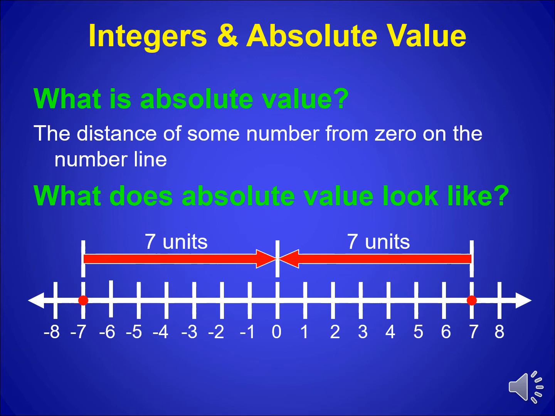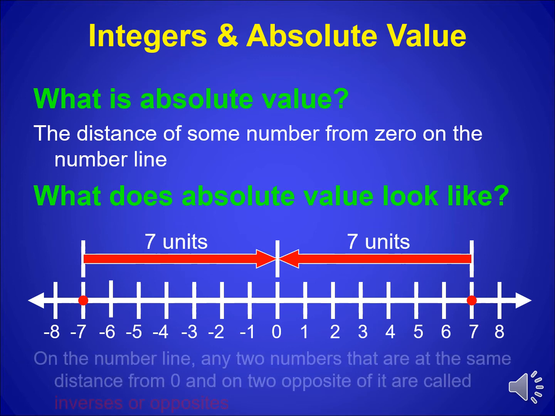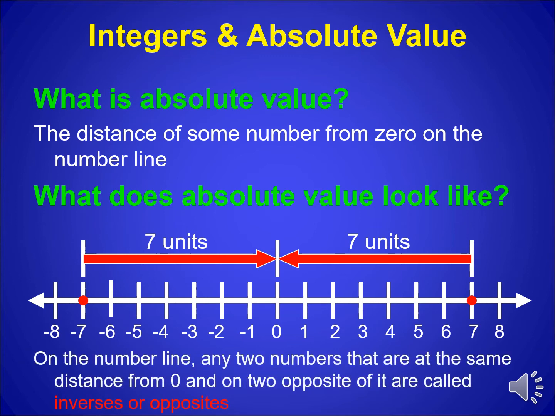Yes, 1, 2, 3, 4, 5, 6, 7. And also how much distance between negative 7 and 0? Yes, it's 1, 2, 3, 4, 5, 6, 7. So it's an equal distance. So the absolute value of 7 equals the absolute value of negative 7